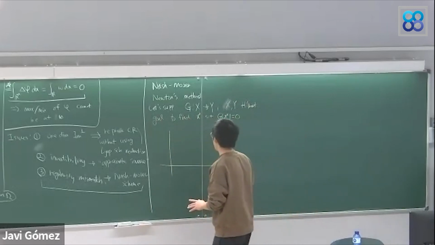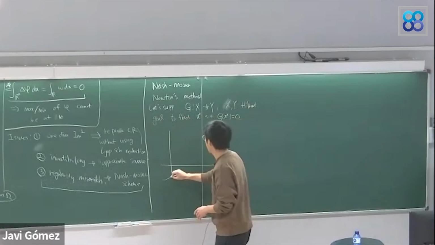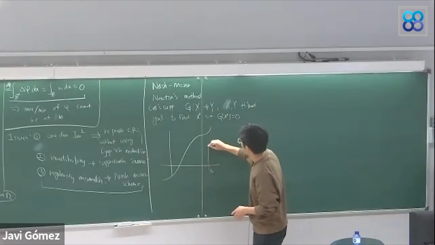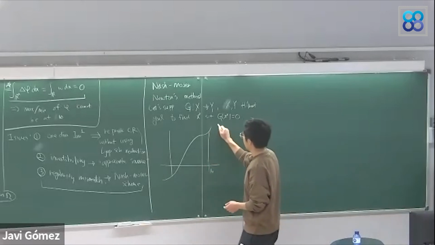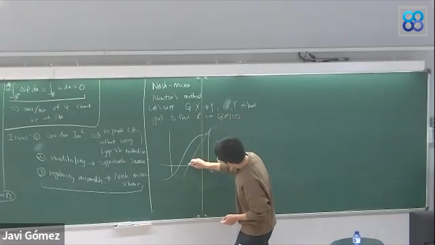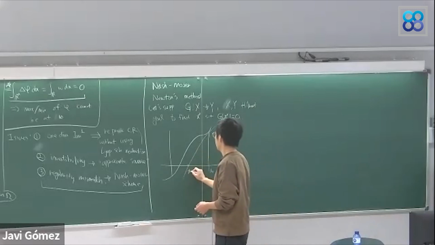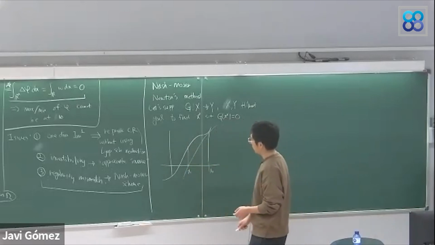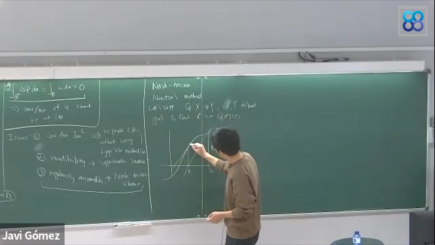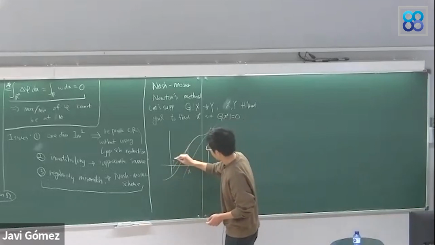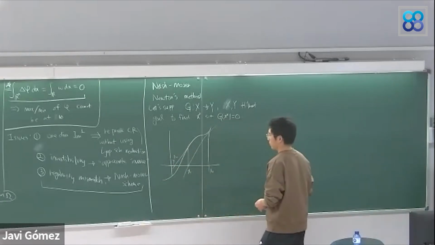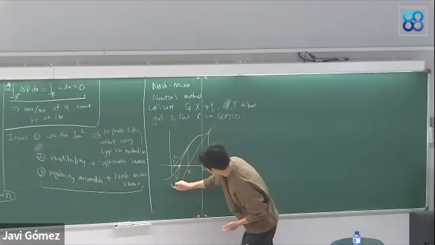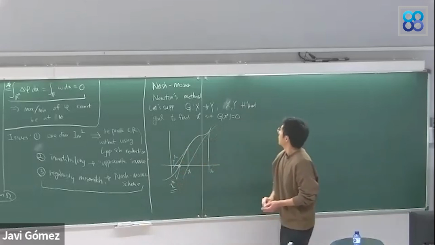So we all know how this works. If you have a graph of g, then first you start from your initial guess, and then you evaluate the function value at this point, and then you draw a tangent line. And this point is going to be your next approximate solution, and then you evaluate the function value g at this point as well, and then you draw a tangent line here, and then you update your approximate solution this way, and then you can see that eventually you can find your solution x star. So this is Newton's method.